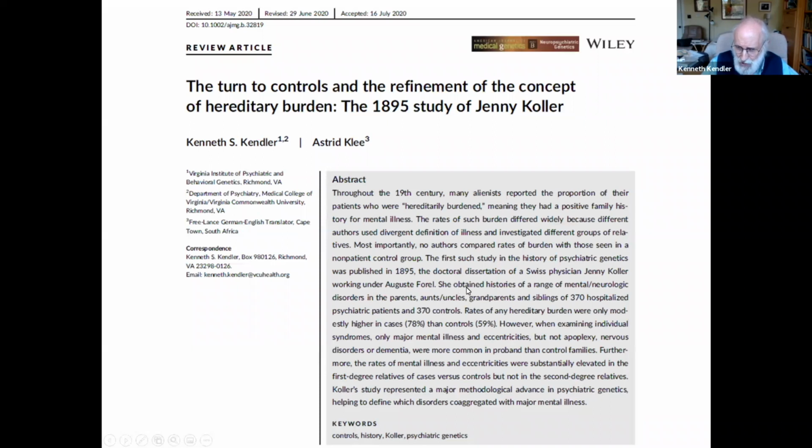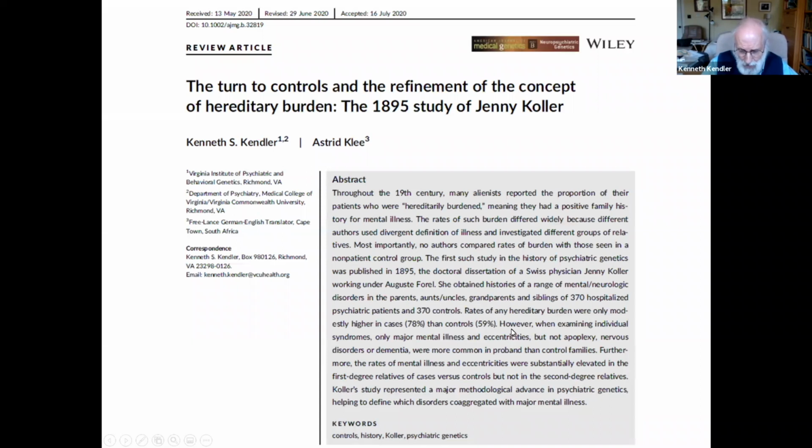She obtained histories of a range of mental and neurologic disorders in the parents, aunts, uncles, grandparents, and siblings of 370 hospitalized psychiatric patients and 370 controls who were not hospitalized. Interestingly, the rates of hereditary burden were only modestly higher in cases than controls. There was a great deal of surprise at the high level of mental illness occurring in the relatives of unaffected control subjects. However,